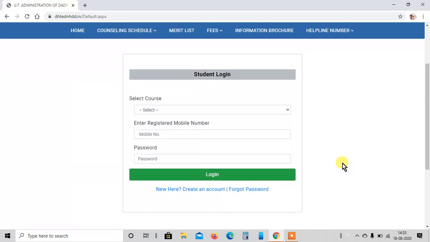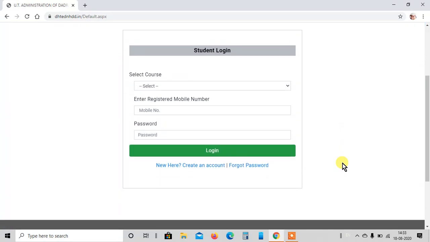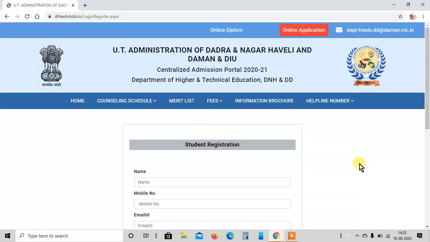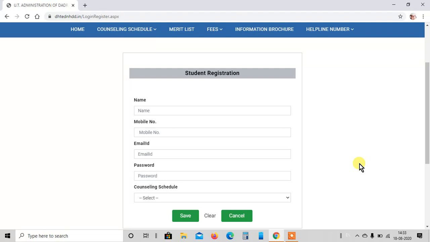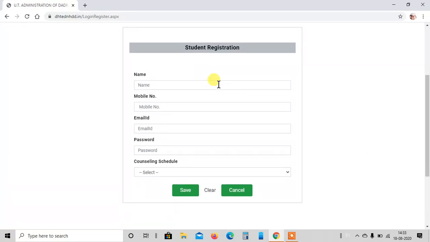This will take you to this student login page. As I told you, you are a first time user, so you need to create an account. Click on the create an account button. This will ask you to fill up certain details like your name. Please mention the name exactly as given in your matriculation mark sheet.